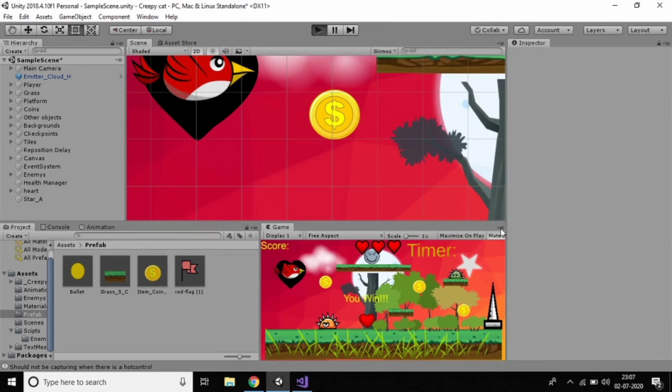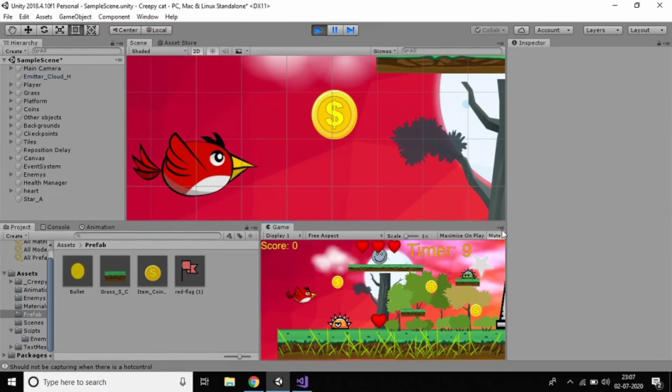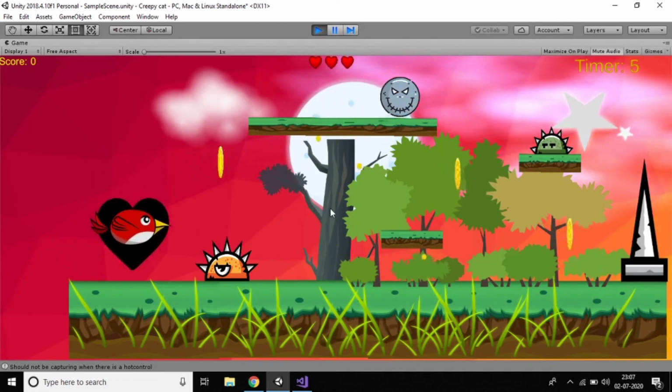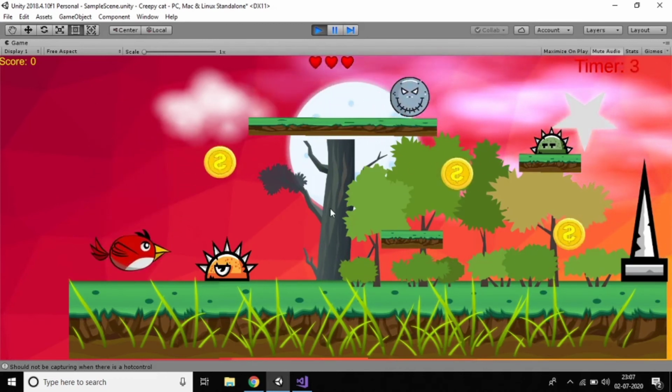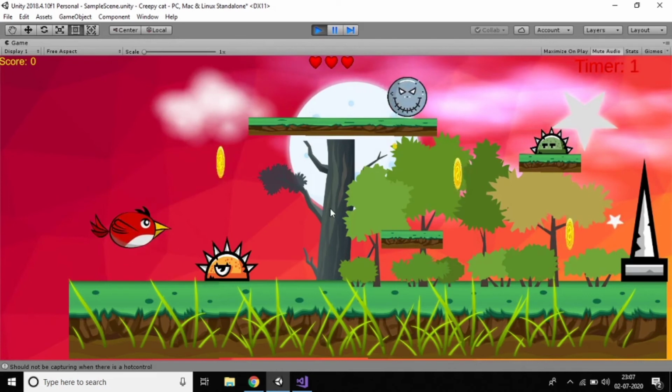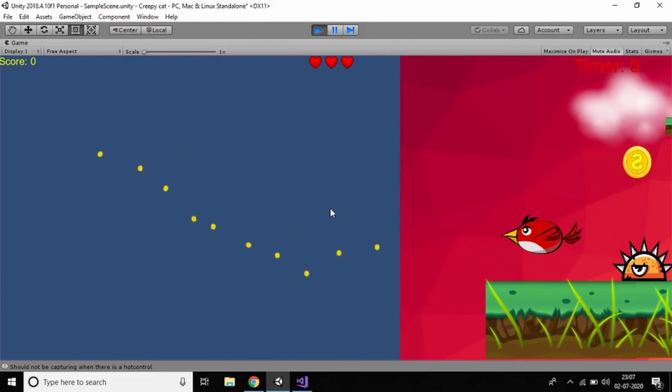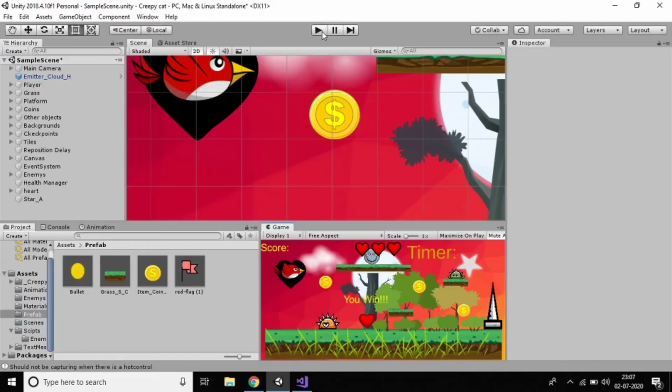Just play and maximize. And if I press Control, you can see initially it should be true. After 3 seconds, the bullets are also destroyed. And if I press this, you can see it's going left, right? So yes, it's working clearly. This is the way to add left bullet and right bullet into our game. I think the bullets are working.